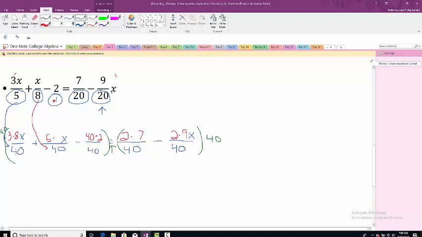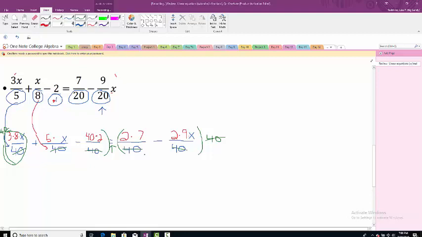What that does is it cancels. 40 times this first one, well, think of 40 over 40, that's 1, so the 40 cancels. 40 times the second one, the 40 cancels. 40 times this one, 40 is on the top now, and on the bottom the 40 cancels. So this 40, multiplying it through, canceled all of your denominators. And the same happens on this side. 40 times the first fraction gives us 40 over 40 as part of the fraction, which is just 1. And again here. So by finding a common denominator first, what I've done is allowed myself to just cancel out